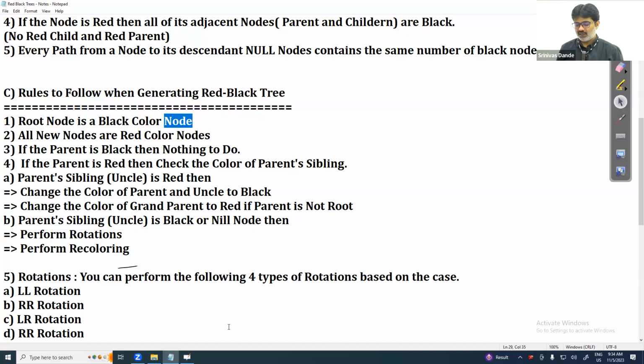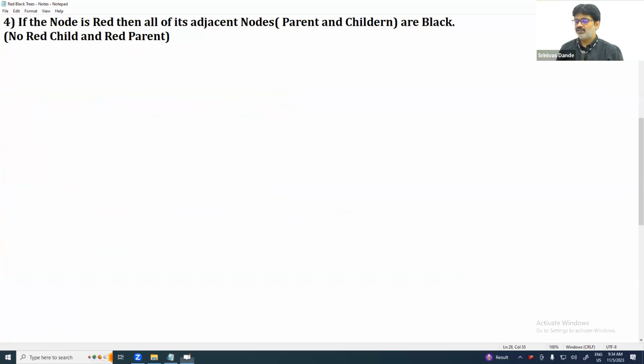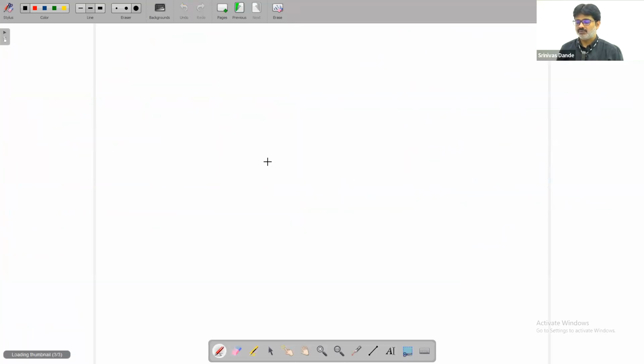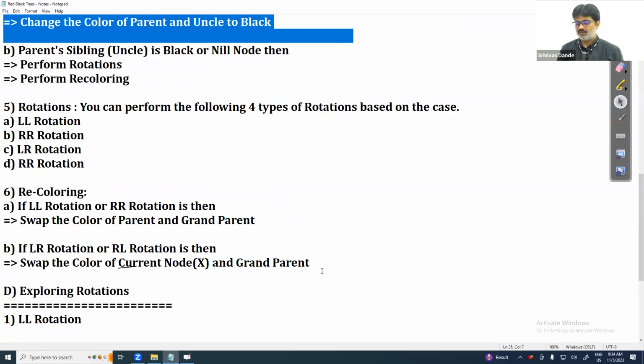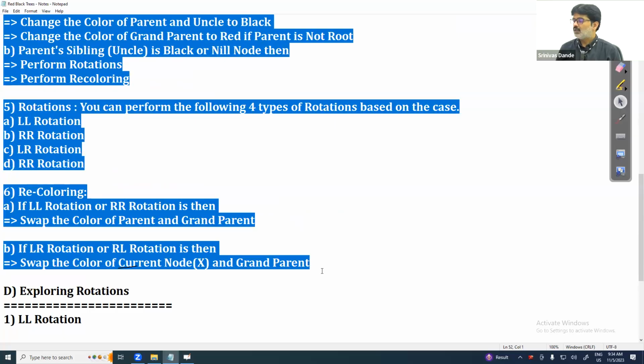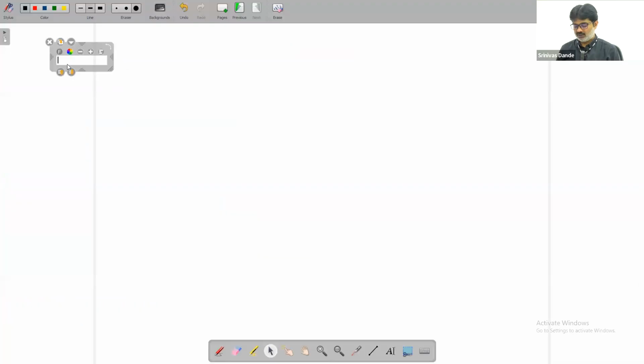So what I'll do, I'll try to take these points to my this. If you know these 6 points thoroughly, I think you are super good in